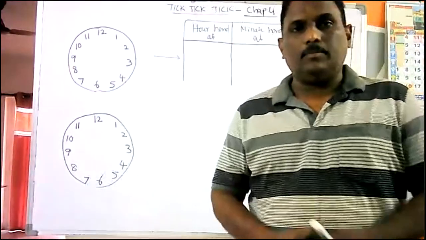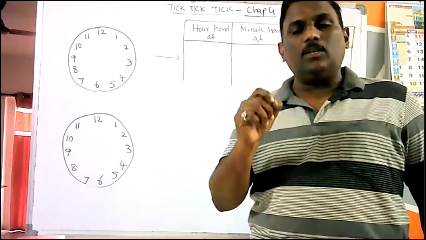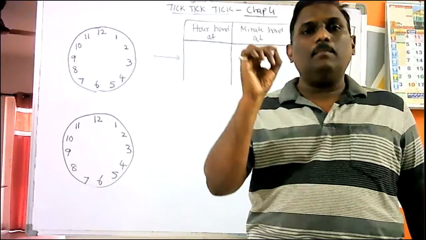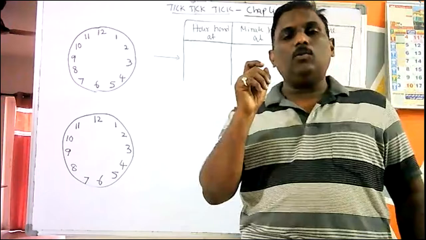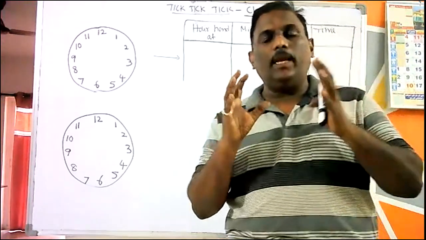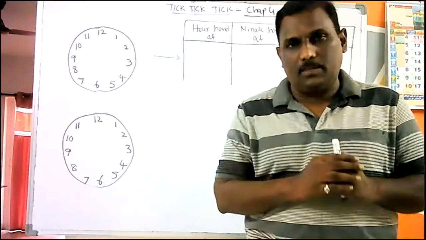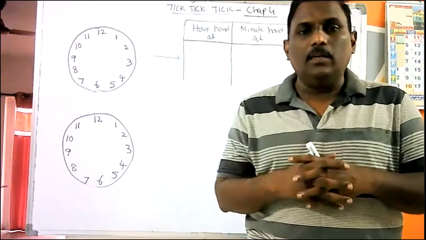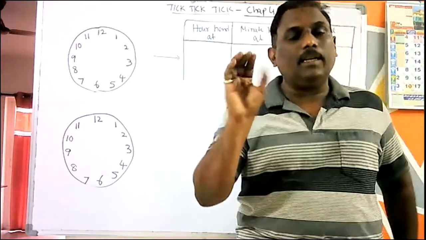In the last class, chapter 4, the introduction was given. How to write the short form of a date, AM, PM was discussed. Now the real stuff we are going to start: how to identify the time by looking at the wall clock. I told you to take the help of your parents and try to find how to know the timings. Maybe you may be knowing about this. In spite of that, today let me explain how to find the time.